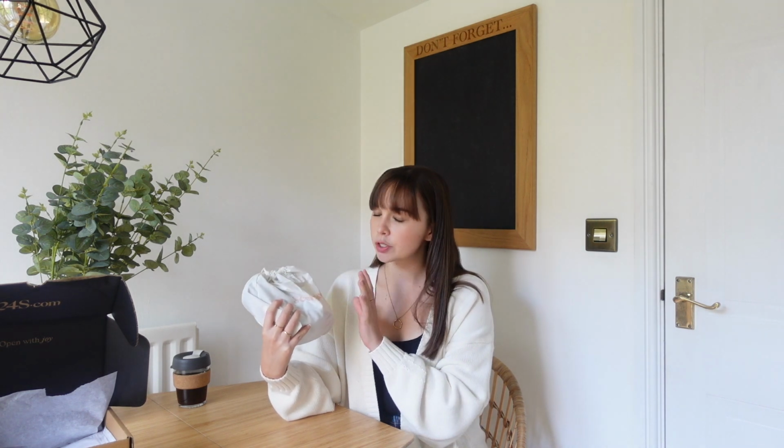So this is the bag in the dust bag. As you can see, and as you know by the title, it's a bag by Chloé. It's from the See by Chloé line, so it's Chloé's diffusion line. And I saw this bag about a month ago for the first time. I was looking for a good quality bag under kind of the £250–200 mark ideally, that I could wear every